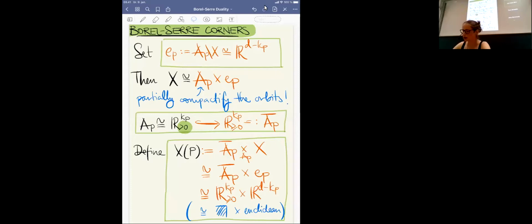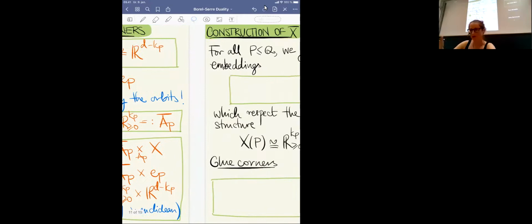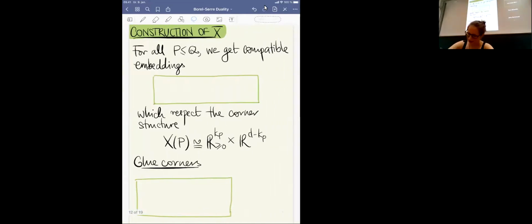Okay, so this is partially compactifying the orbits of the geodesic action given by P. But what I want to do is partially compactify the orbits of all the geodesic actions according to all the different parabolic subgroups at the same time. This is also some technical stuff, but I just tell you that if we have P a subgroup of Q,